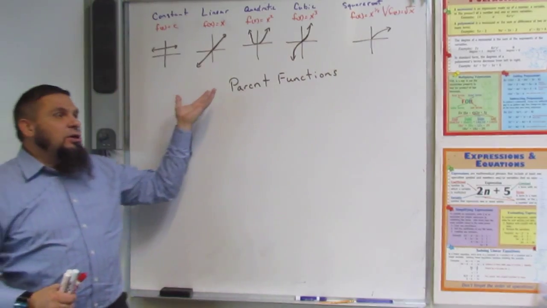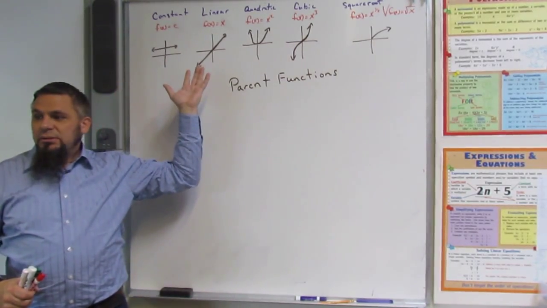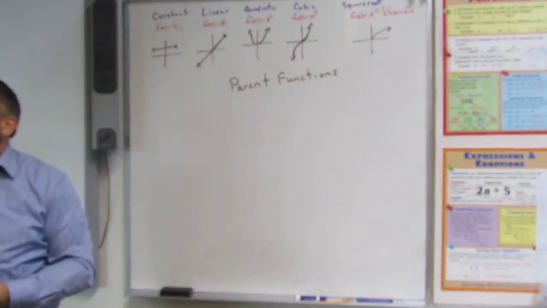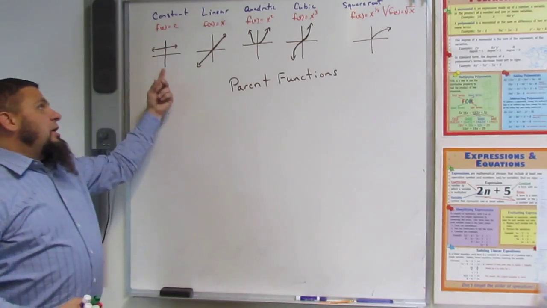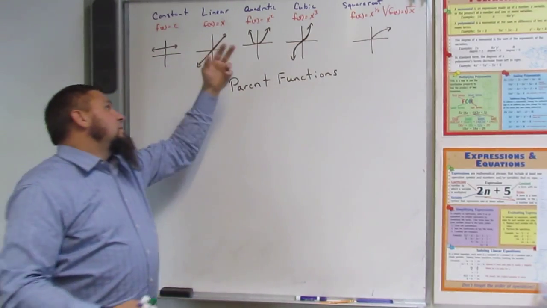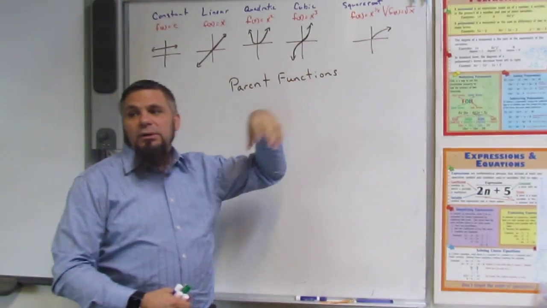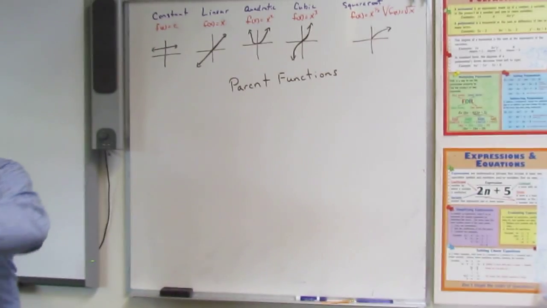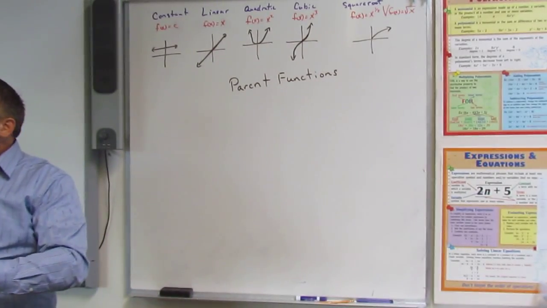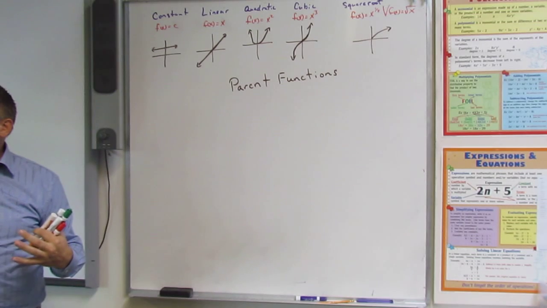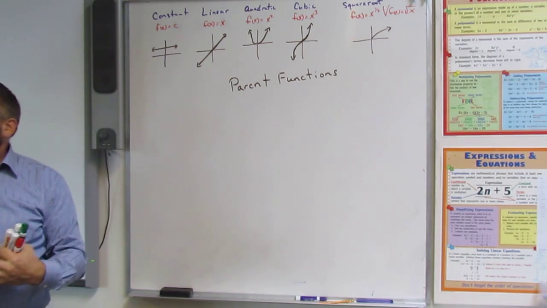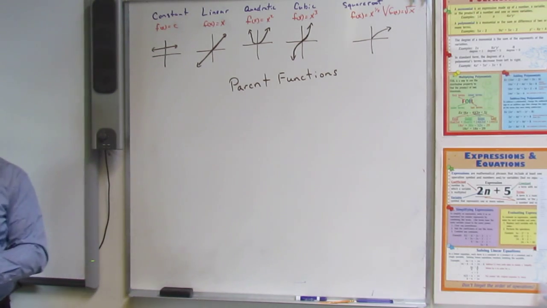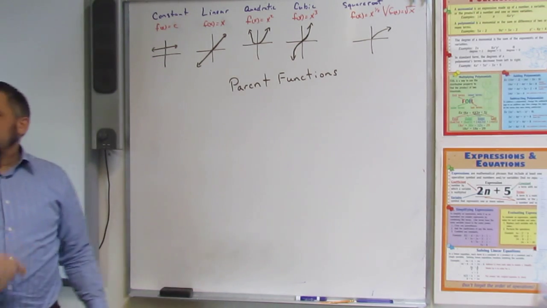These all started like this. Each one of these functions. And they're all different. You can look at it as native, white, African American, Asian, Latino. You can look at it like that. They're all one people though, right? Same here. They're all functions. Okay? These are all functions. So they're all the same thing. They're just a little bit different.